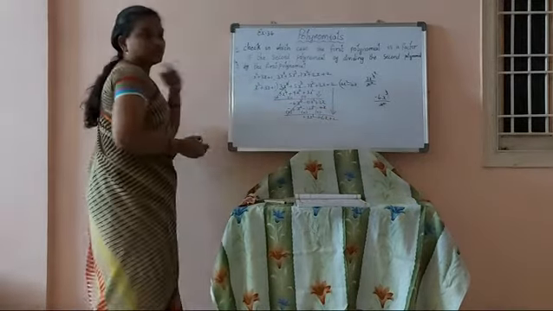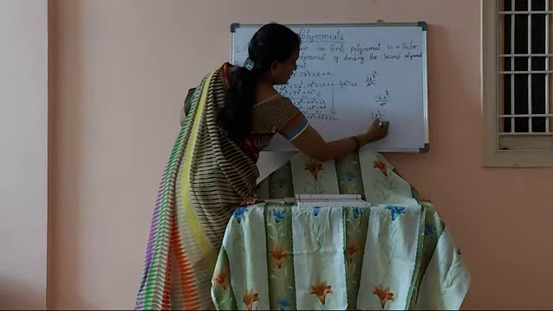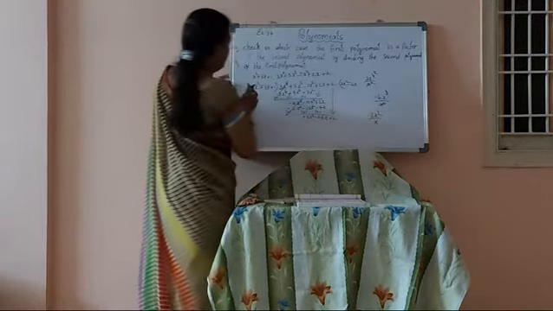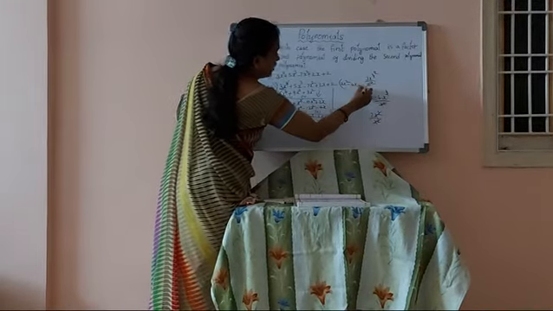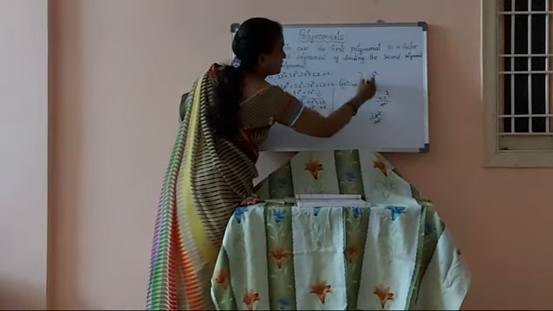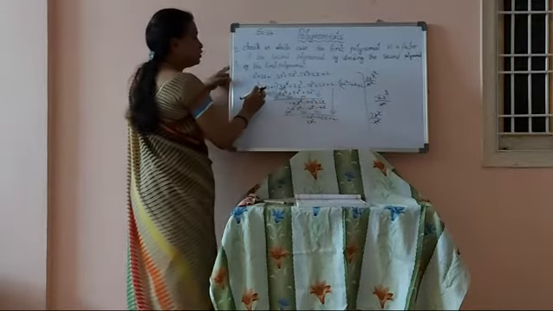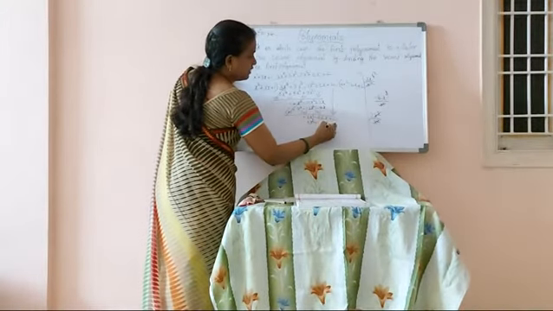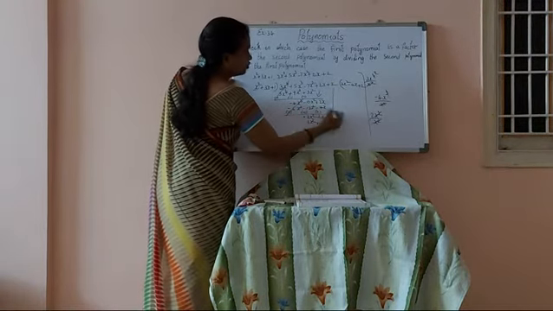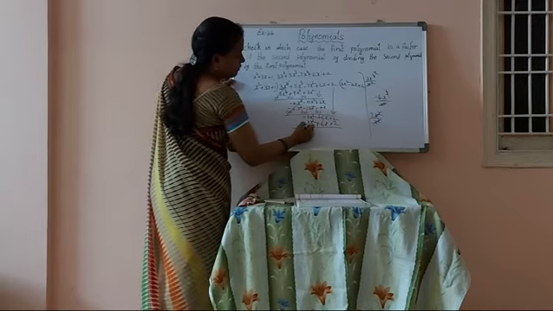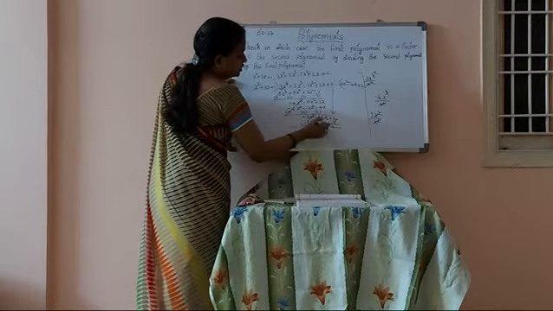Again first number by the first number only. 2x square by 2x square. X square gets cancelled, plus 2. 2 into, multiply each and every term. 2 into x square, 2x square. 2 into 3x is 6x. Plus into plus, plus only. Here plus into plus, plus only. 2 ones are 2. So here minus, minus, minus. Everything gets cancelled. So 0 is the remainder.